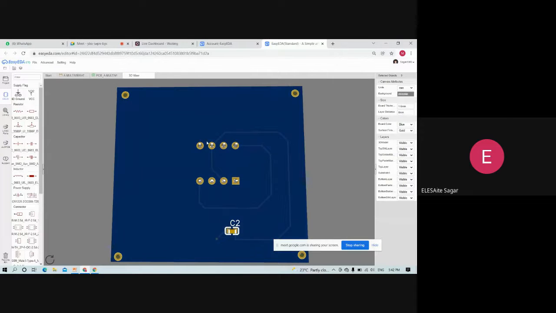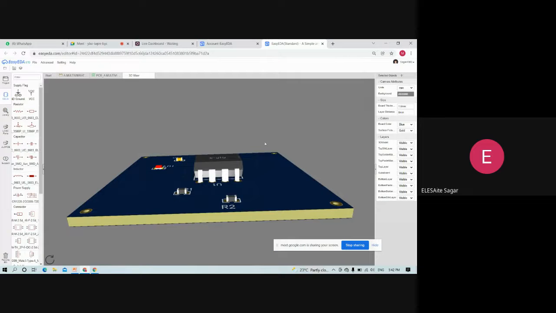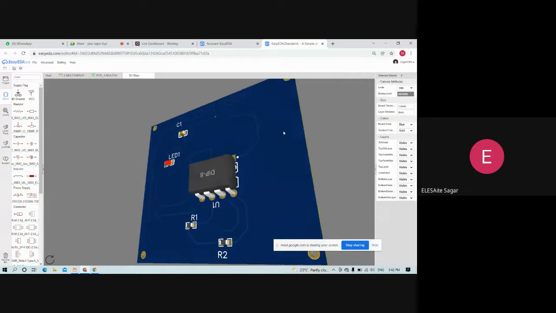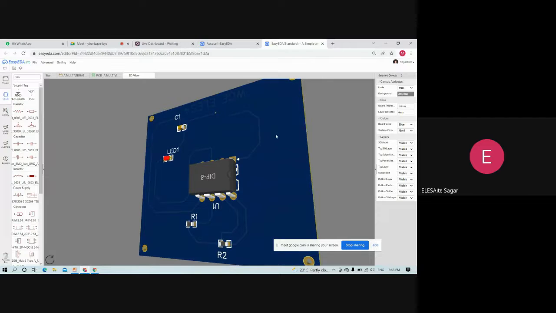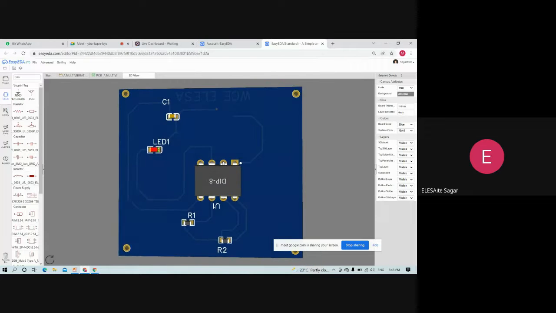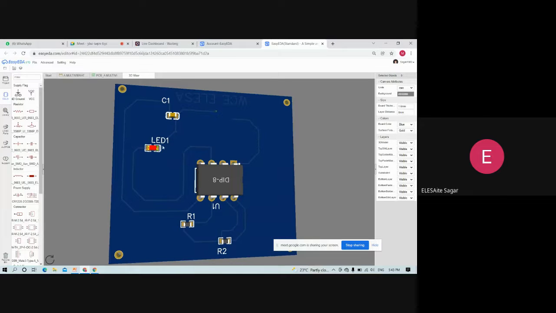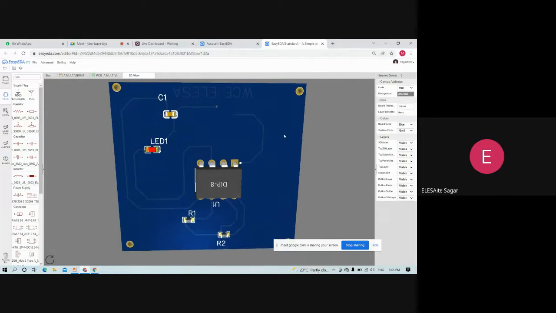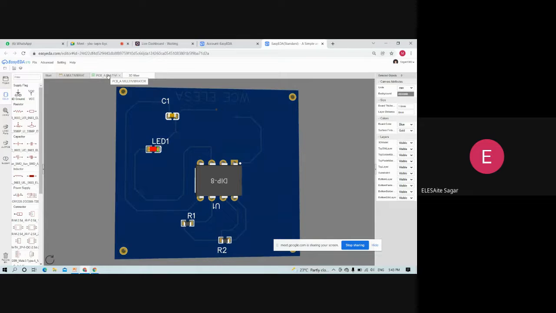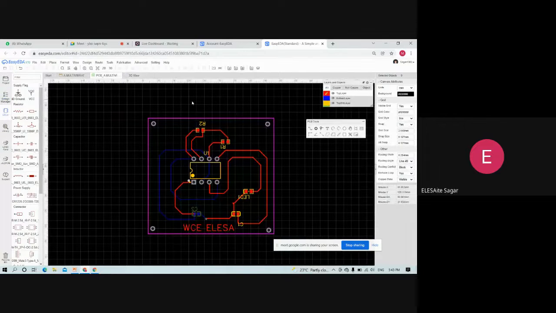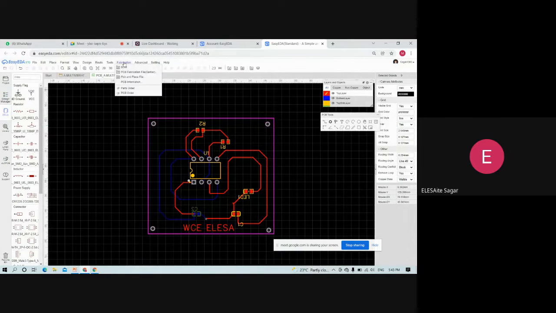So this is the through hole component, that is IC 555, and these are the SMD components. One thing I forgot to tell you: after completing the PCB, we need to check the DRC, that is design rule check.